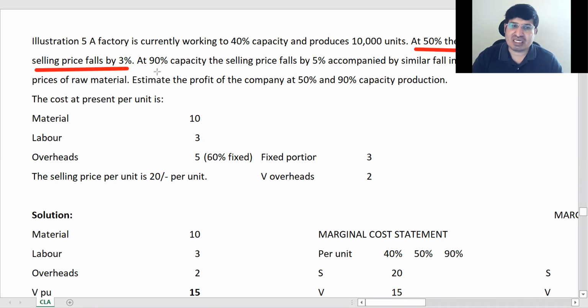3% में 50% में सेलिंग प्राइस फॉल हो रहा है, 90% में सेलिंग प्राइस 5% में फॉल हो रहा है, और मटेरियल भी 5% में फॉल हो रहा है। ओके, बट इन 50% ओनली सेलिंग प्राइस इज फॉलिंग, सो वेरिएबल कॉस्ट इज द सेम।